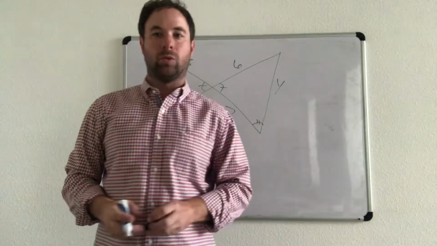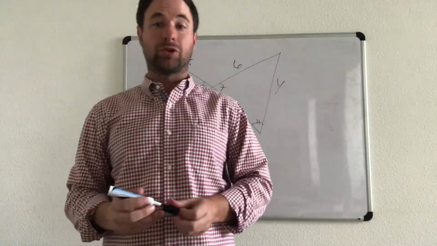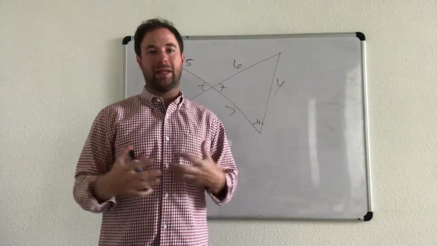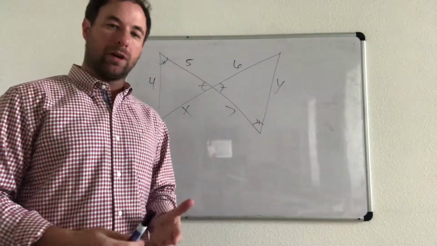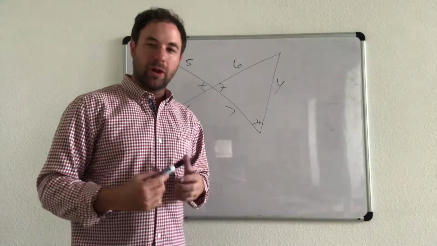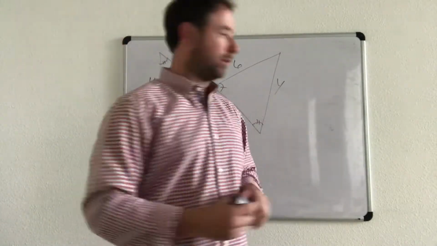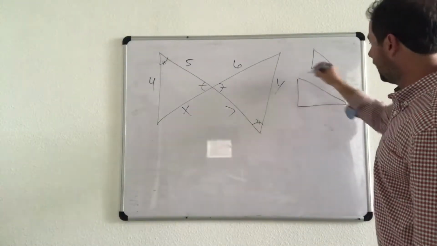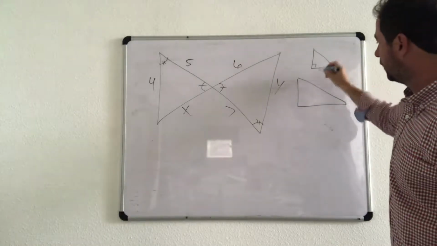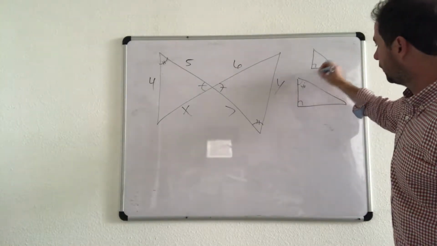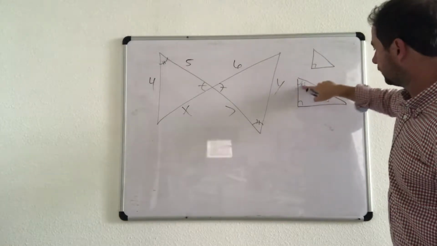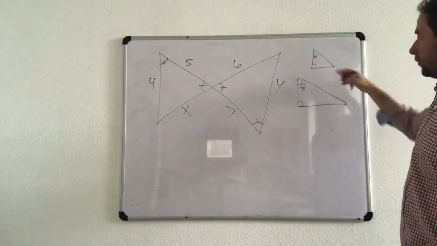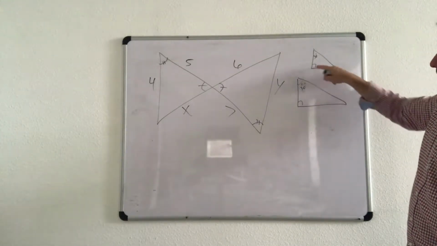The second concept that we're going to look at in this lesson is similar triangles. And this one we're going to look at 3 or 4 different examples, that way you really get a hang of this. What are similar triangles? What makes triangles similar? Well, triangles can be similar when their angles are equal. Let's put 2 triangles over here. One is obviously bigger than the other, but let's say this is a 30-degree angle, and the top one is a 30-degree angle. So if this is a 30 and this is a 30, this is a 90 and this is a 90,